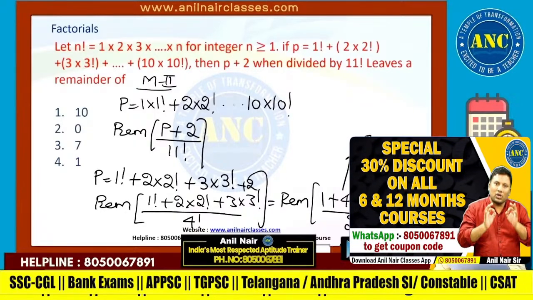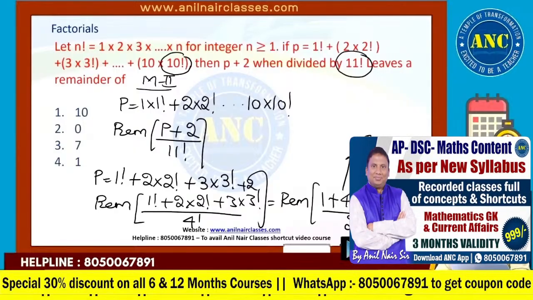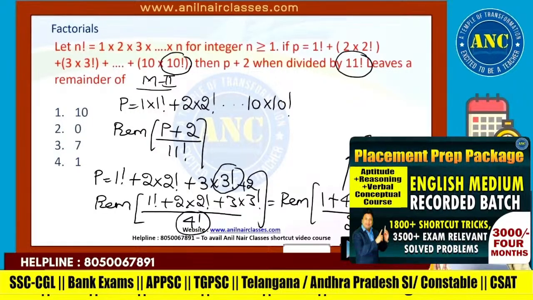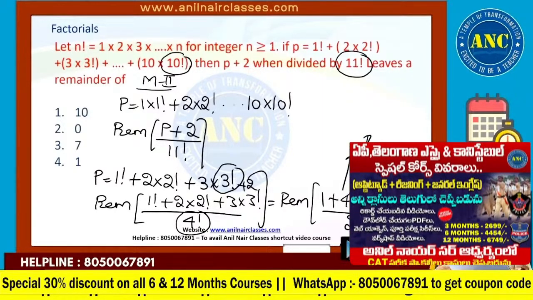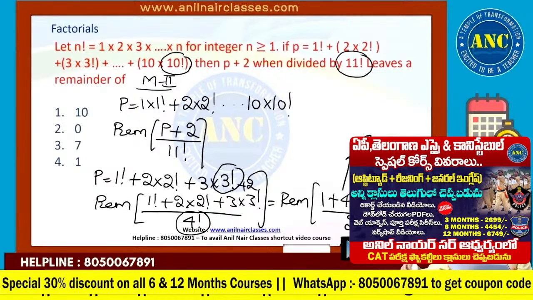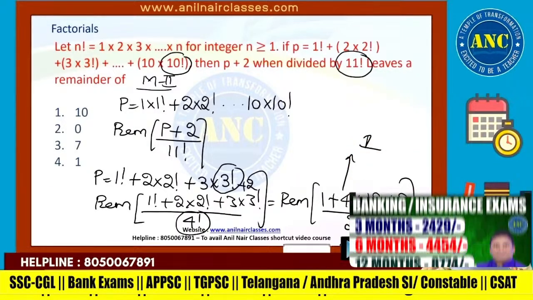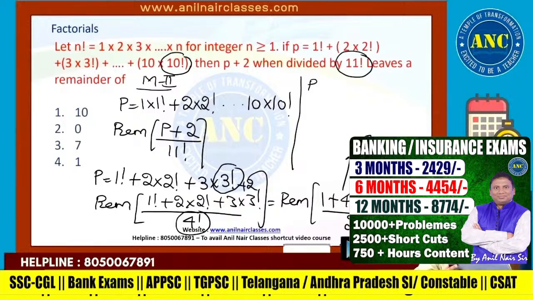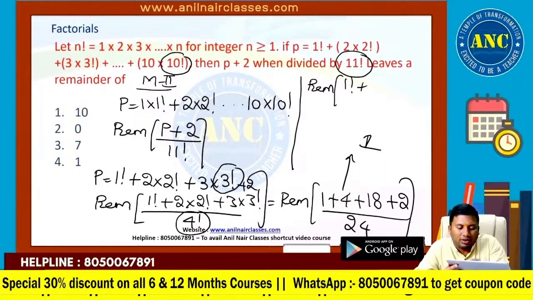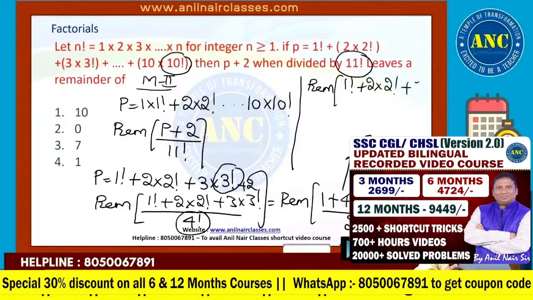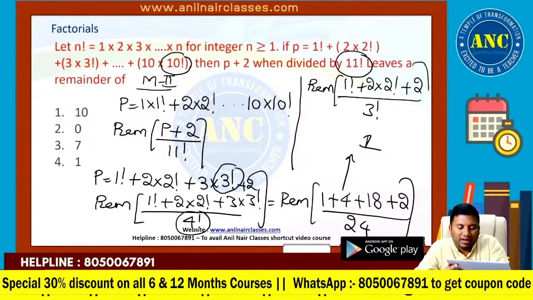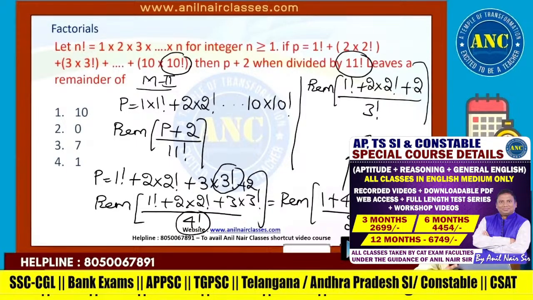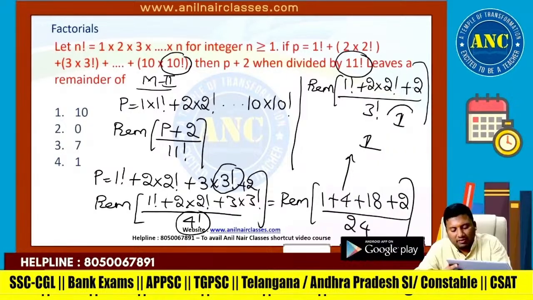24. Remainder is 1, because it is ending with 10 factorial, so the denominator is 11 factorial. It is ending with 3 factorial, so the denominator is 4 factorial. Idea clear? Or you can take smaller values: remainder of 1 factorial plus 2 into 2 factorial plus 2 divided by 3 factorial. 2 2s are 4, 4 plus 2 is 6, 6 plus 1 is 7, 7 divided by 6,